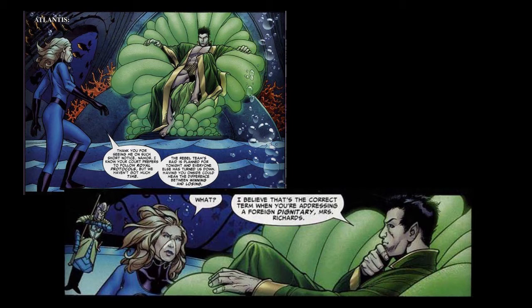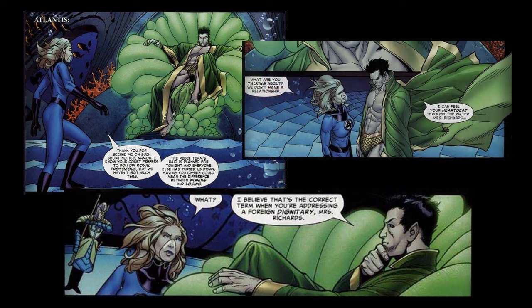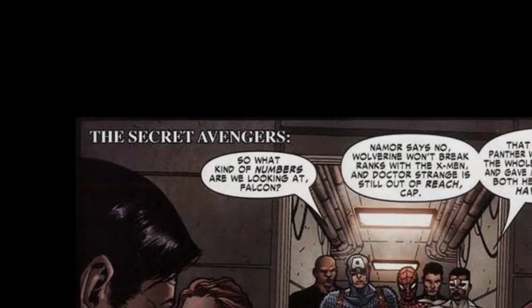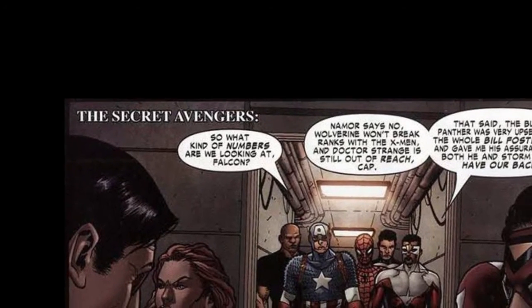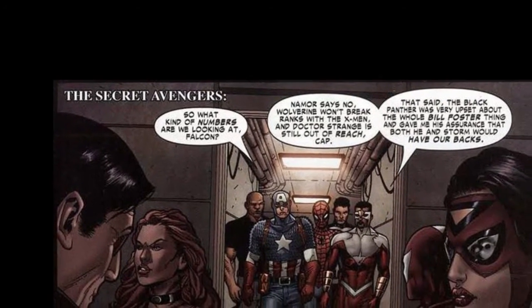Namor sees right through the ploy of sending his old flame to ask for help, acting very cold and distant, demanding that she refer to him by his title, calling her Mrs. Richards. In much the same way that Sue flies breast first, Namor apparently walks crotch first as he goes over to remind her that there was a time when she found his repeatedly kidnapping her very erotic, and maybe still does. Meanwhile, over at the Secret Avengersville, we find out that his royal sultriness said no,